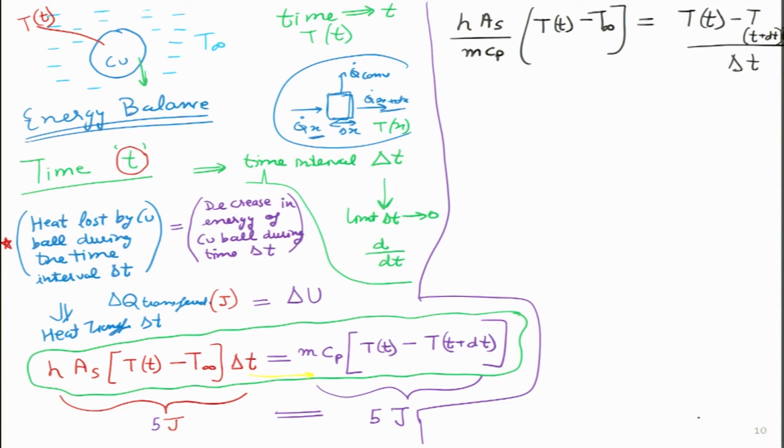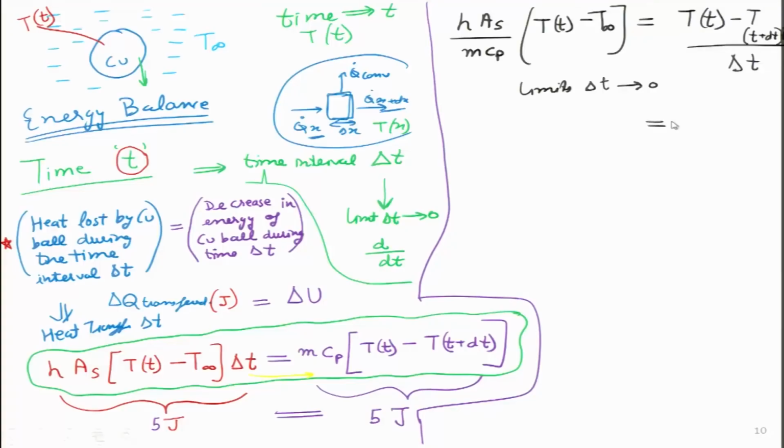Now, I will take the limits that delta T tends to 0. Sorry, this is small t. So, small delta T tends to 0. As the time interval we are reducing, what is going to happen? This right hand side will become dT by dt, right. I hope you can see that this is the fundamentals of calculus, and over here we have to put a negative sign because we are essentially subtracting the forward time from the past time. So, minus sign will come over here.